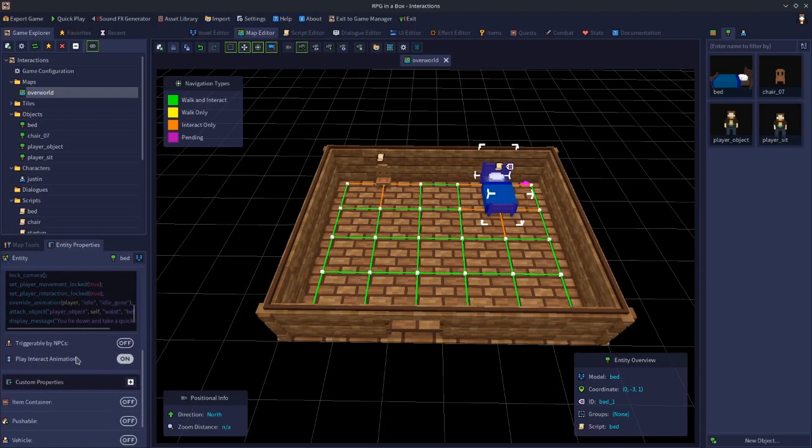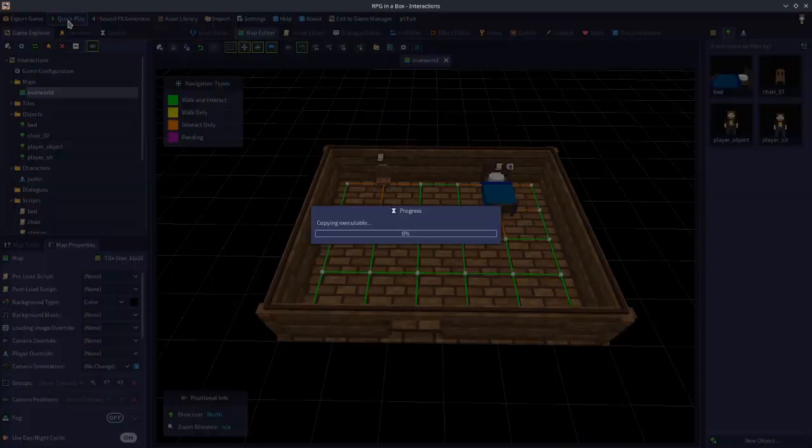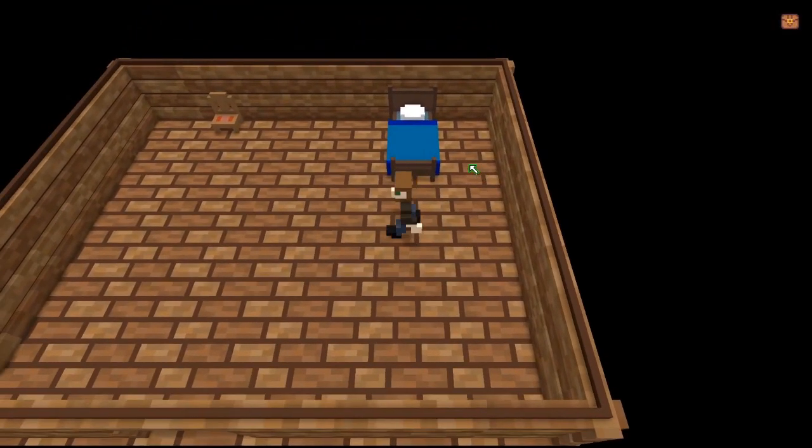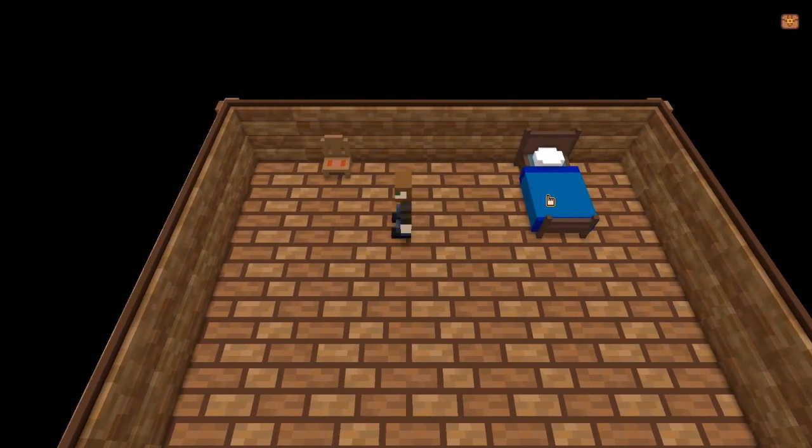Yes, you want to turn this off. Play interact animation, turn that off on the bed. Do the same with the chair. Then that way you won't get that. You won't have to wait for the interact animation to finish before the rest of the script triggers. So now, if we click the bed,